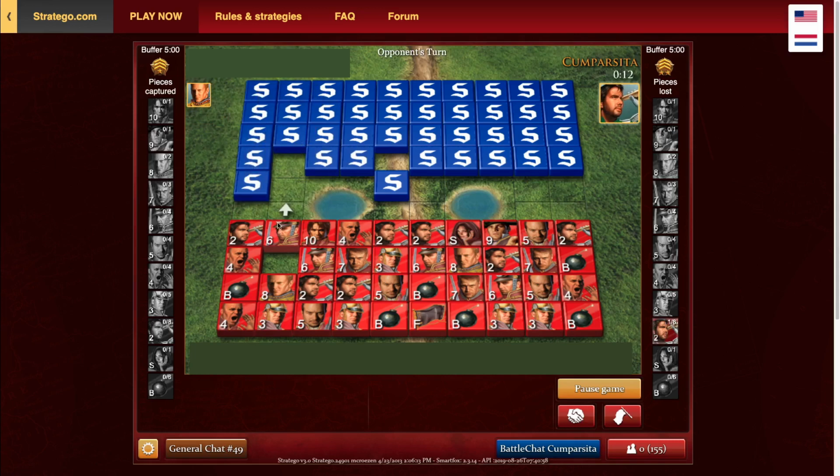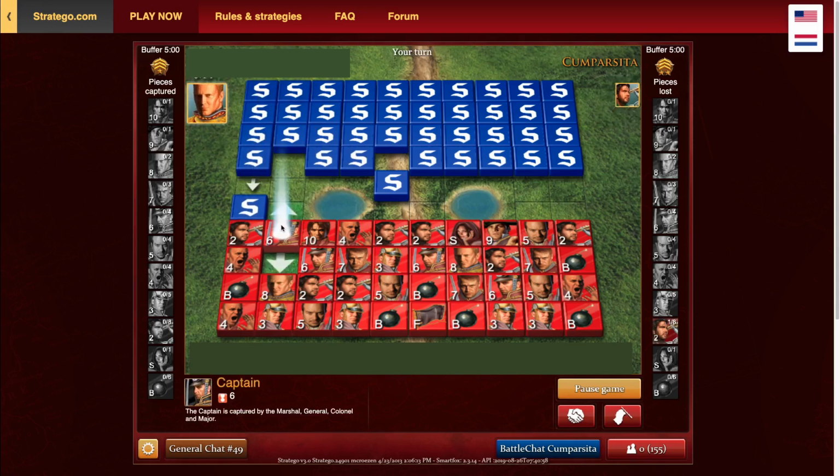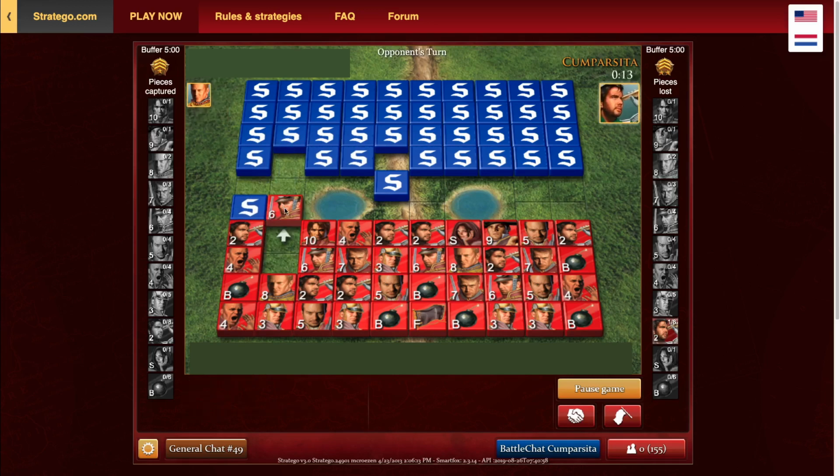So I say scouting anything better than a captain is good, except there are some exceptions where in the end game it can be good to scout a lieutenant or a sergeant. Then you can board read all your opponent's pieces. But generally scouting a major is good. So we're gonna go ahead and trade scouts there. I want to keep this captain here to cover my marshal and colonel